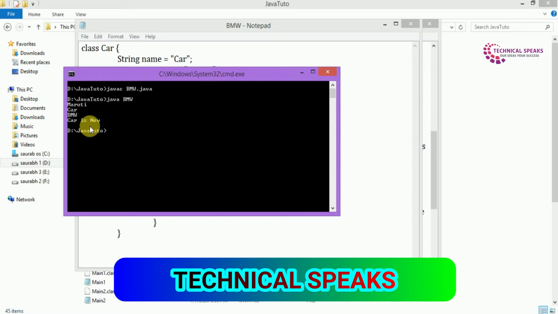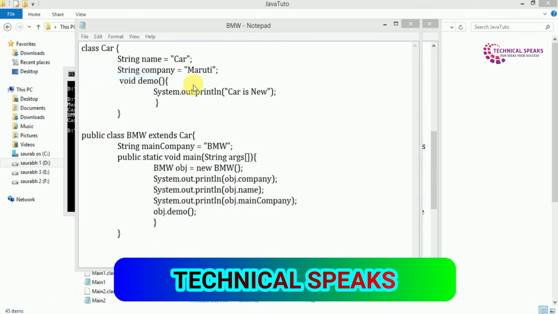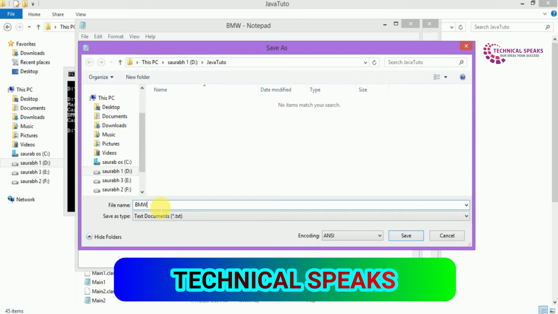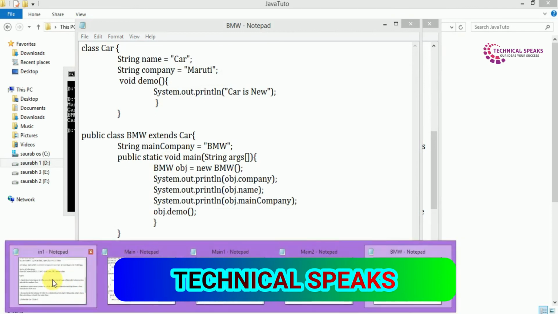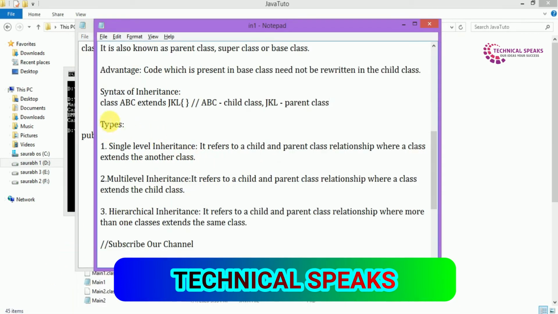An important point here is to save the file with the name of the class which extends the parent class. So here I saved BMW.java. Okay, the next thing we have is what are the types of inheritance in Java.